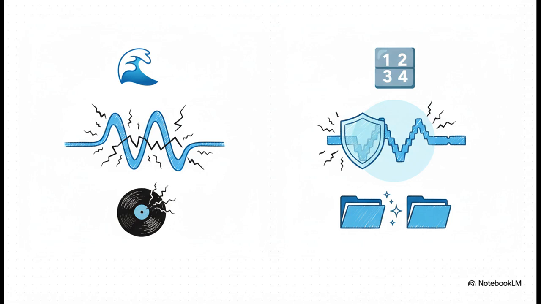See, analog signals, they're natural, but they are super fragile. They pick up noise and interference like crazy. Think of the static on an old radio. And if you've ever copied a cassette tape, you know the copy never sounds as good as the original. But digital signals, they're just numbers. They are incredibly tough, mostly immune to noise, and you can copy, store, and send them a million times, and they will be absolutely perfect every single time.